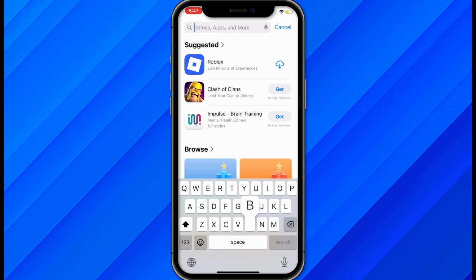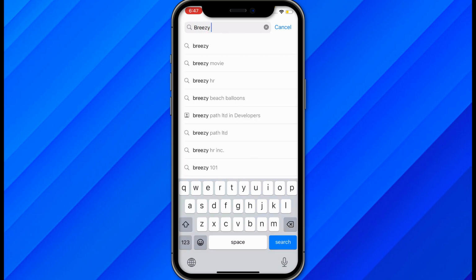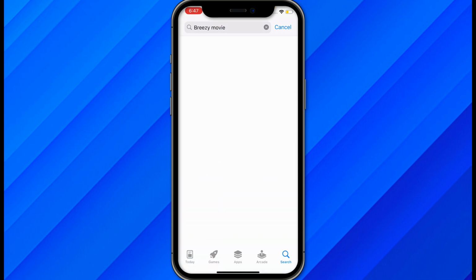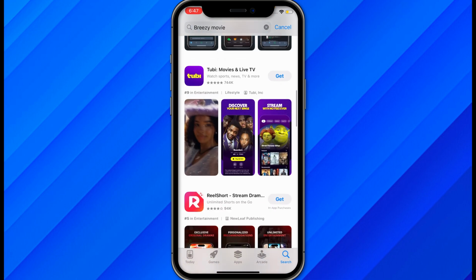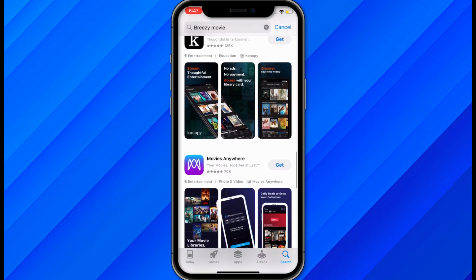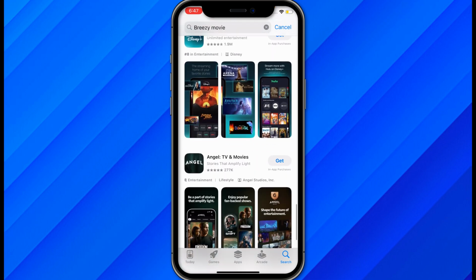just search Breezy movie app. You can just write down the complete name and click on search, and once you search you will be able to see the application. And let's say that you're not able to see the application, you just need to scroll down a little bit, and once you scroll down you will be able to find the application called Breezy movie